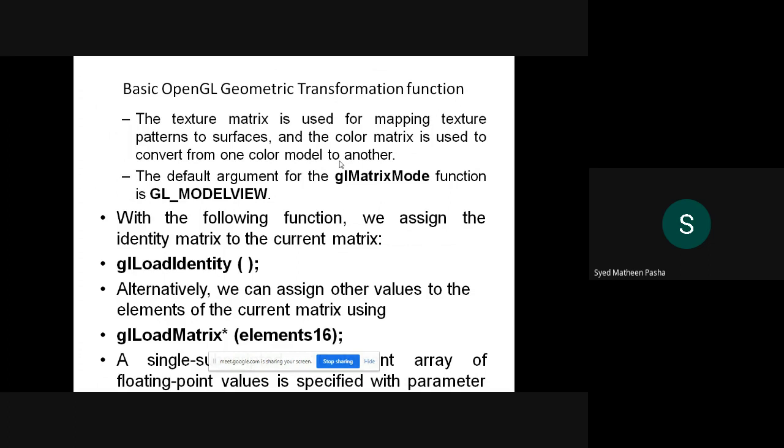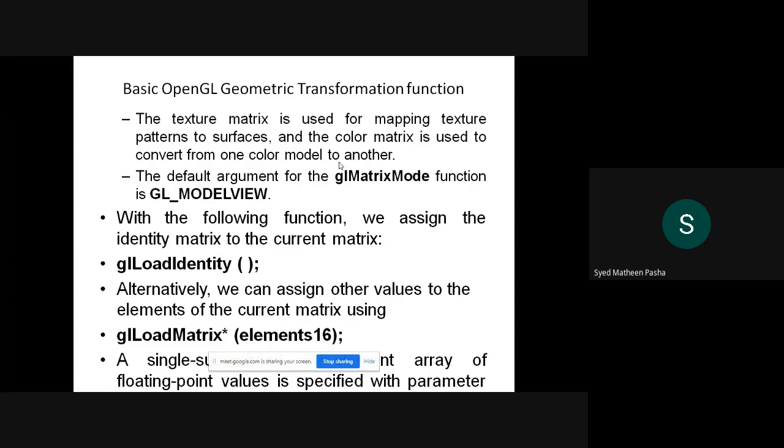With color mode, you will be converting one color model of that particular model to another color model. Then, what does texture do? Texture basically does the mapping of some patterns to those particular surfaces. Mapping of patterns is done with the help of texture matrices.